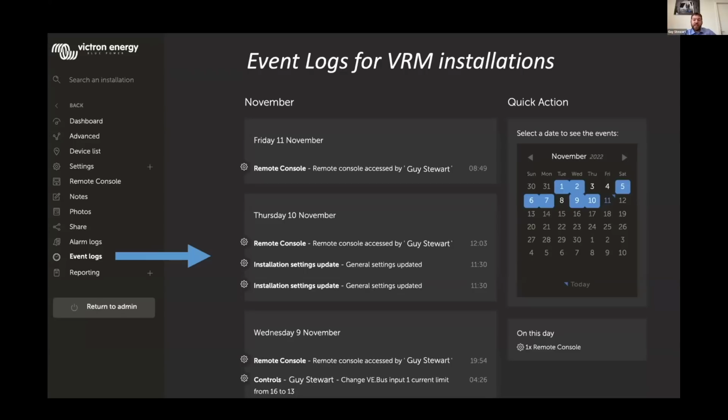It's just a new interface on some data that was already there. We're still expanding the scope of what's captured by this, and some of that may only be available going forward, but we're definitely keeping an eye on what's happening with the event logs. And we have other features coming as well, although not to be announced today, in a similar vein to help support those that are operating fleets of systems to be able to better control what system settings are and when they were changed and who they were changed by.